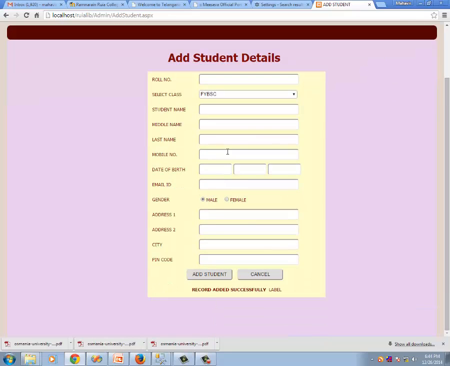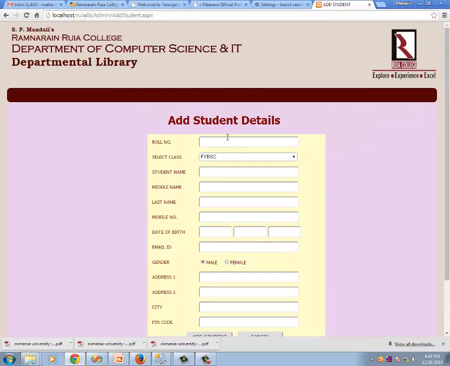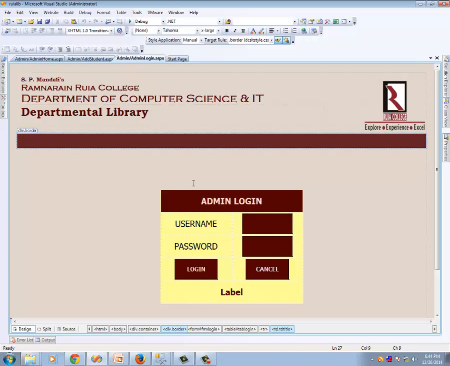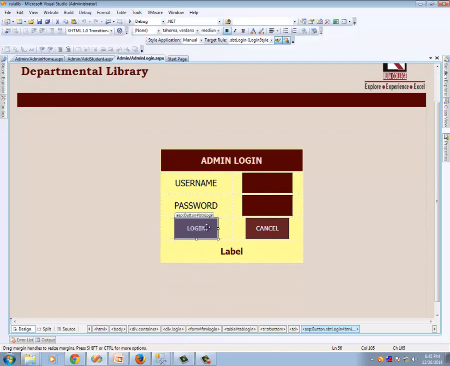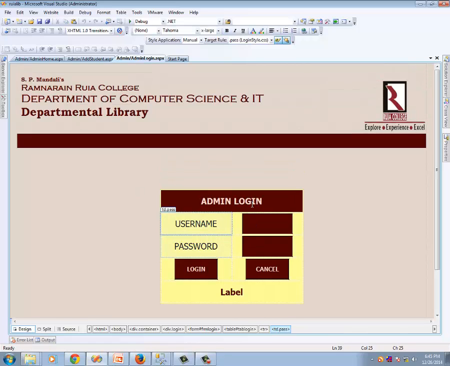Now how these things happen, this is what we'll see through the code. This is my admin login page. On the click event of the login button, before we go for this, we need to create the